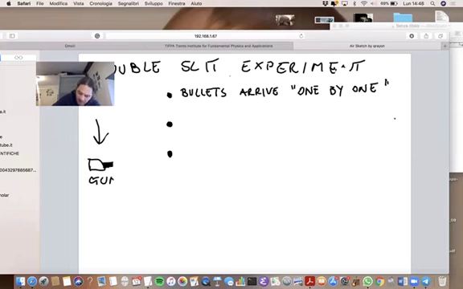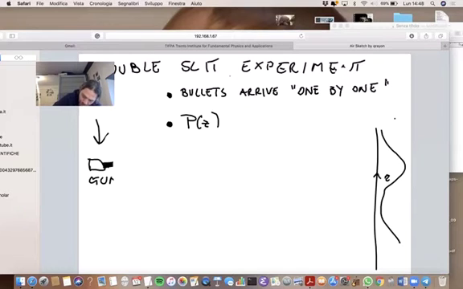The second observation, where I condensed the second and third into one statement, is about the probability that I observe a bullet at a specific point z of the screen, this is my coordinate z, and this is where my two distributions are. The probability that my bullet impacts the screen in position z can be estimated by counting how many times, out of a certain large number of shots, my projectile has reached the screen at a given position. I just do a histogram and say, okay, that's the probability.